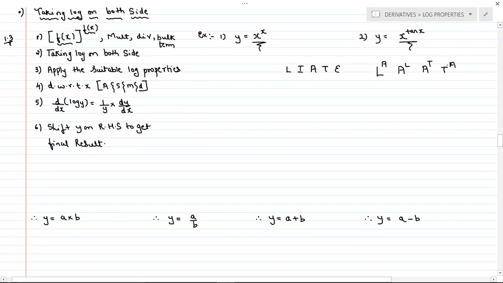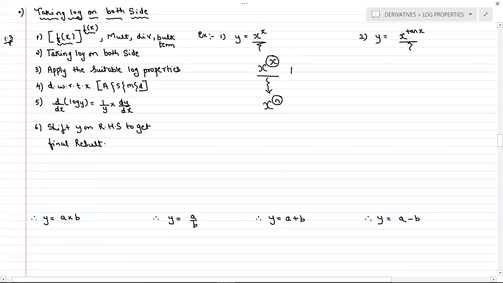Function raised to function. So whenever there is a function raised to function, we cannot apply any derivative formulas, like here the first example. To focus on the first example, it says x raised to x. Now you cannot say that this x raised to x looks like x raised to n. But we know that n is a constant over there. Can you see any constant here? No. x is a variable. x is also a function, which is known as algebraical function. Variable x is an algebraical function, remember.